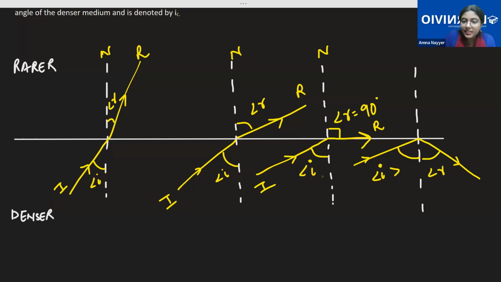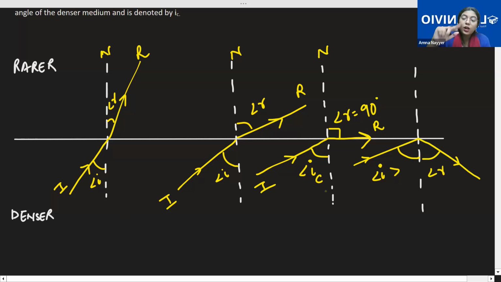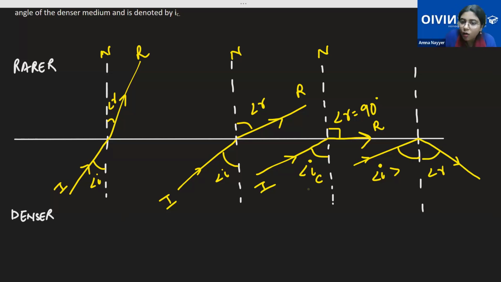The angle of incidence in the denser medium for which the angle of refraction in the rarer medium is 90 degrees. This angle of incidence is known as